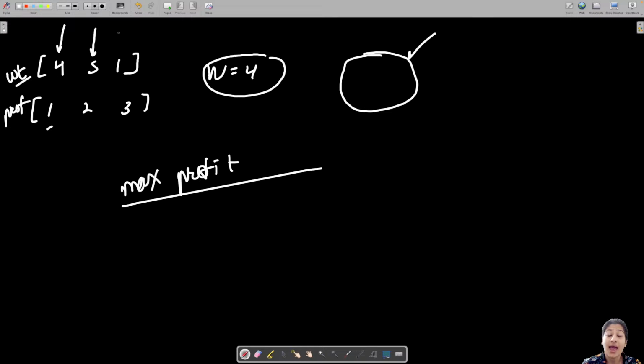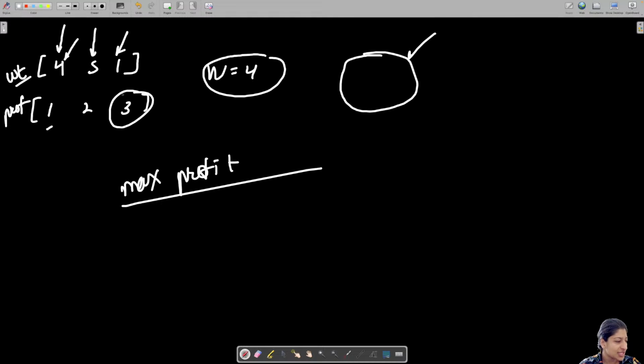Also, you do not have infinite supply of these weights, you can choose only one weight one time, that's it. Either you take it or you don't. You also cannot split the weight, like taking 3 kgs of it now, then 1 kg. No, you have to choose it as a whole only once. And suppose I have a 1 kg weight, I take 1 kg and the profit that I make